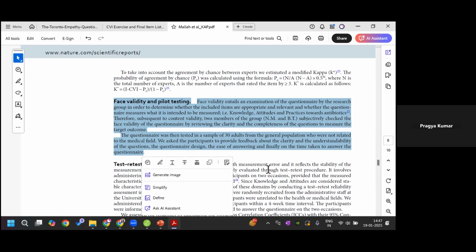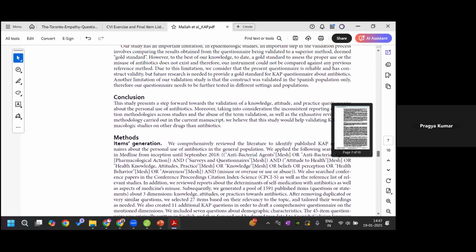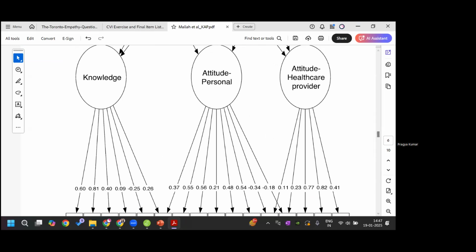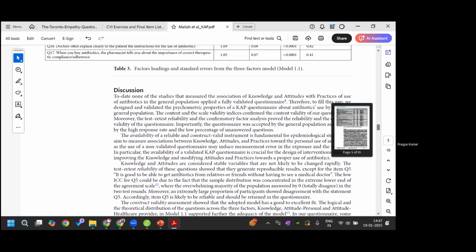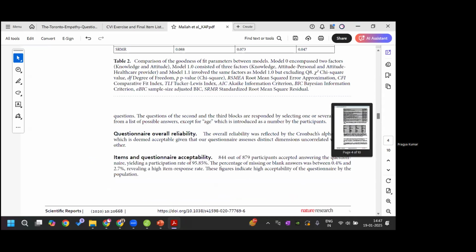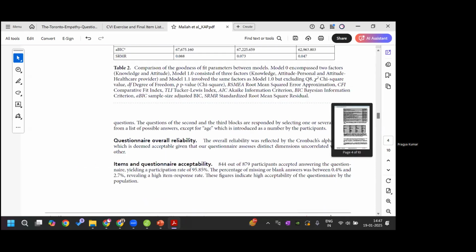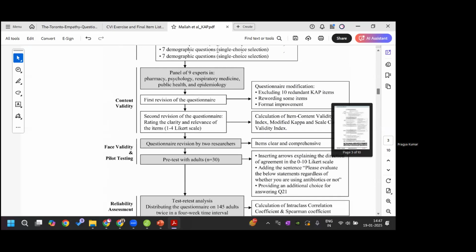Okay, thank you. So now have you understood how, and if you read, I think we will share this article, or probably we have shared this article with you people. So if you read this, they have written in very simple English, and all these we will see during the later part of this workshop. But right now, these were the questions. If you see, these were the questions: knowledge questions, attitude questions, and the practice questions. And I wanted to show this